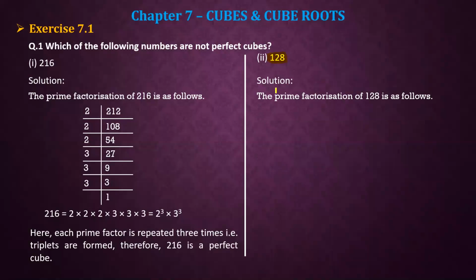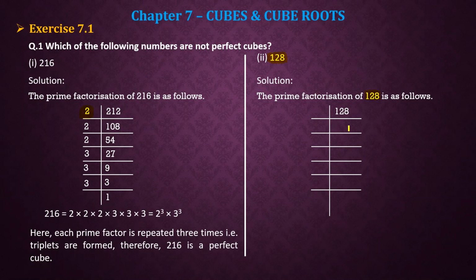So if we consider the prime factorization of this 128, as it is an even number, then obviously, similar to the first example, its prime factors are also going to start with 2. So now again we are going to consider the prime factors. First of all, write down the given number as it is, 128. Here the first prime factor is going to be 2 because 128 is an even number. So you have to just divide it.